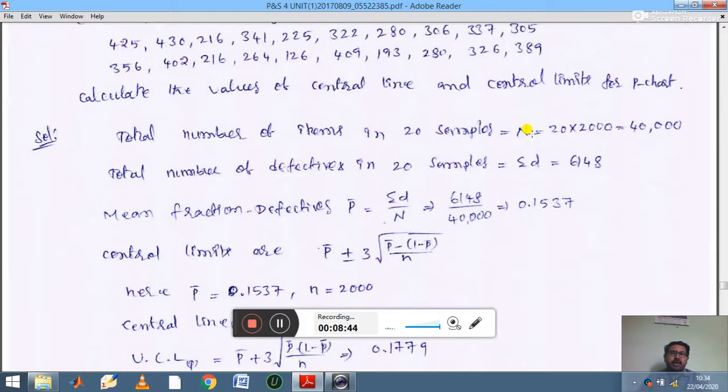Okay, total number of items. Then total number of defectives in 20 samples, summation D you need to calculate. You get this value by adding all the defective values in the given data. Whatever the data they are given here, you add all the data,